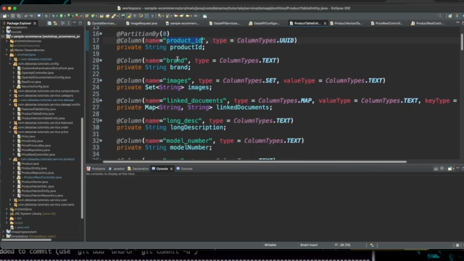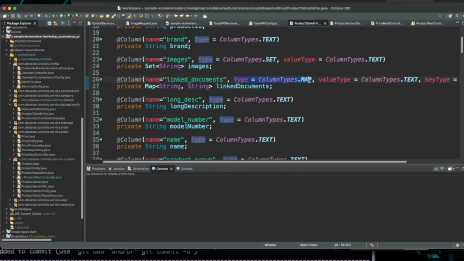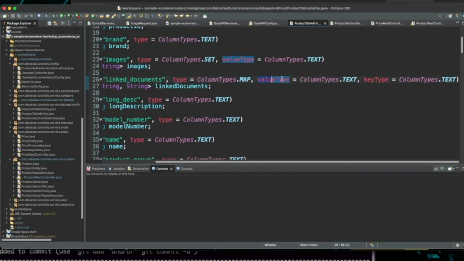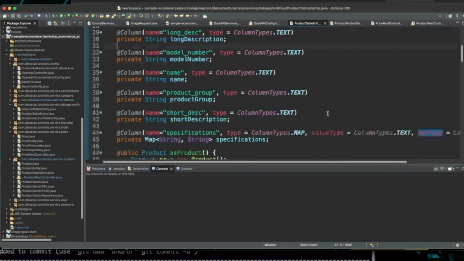We have all these other columns here like brand and images. Images is coming across as a set. We have a map of linked documents, so we can set type as columns.map. Then we can also define the type for our map values and the type for our map key, so you can switch those around if you need to.